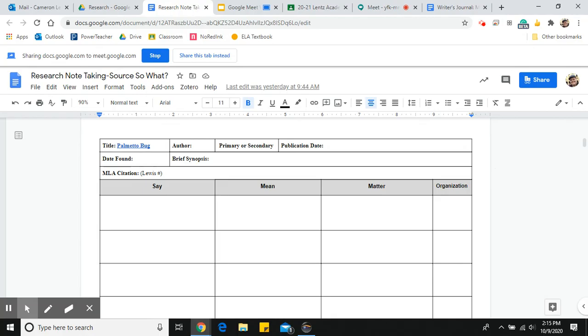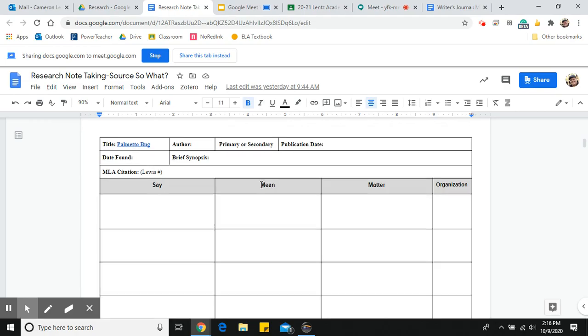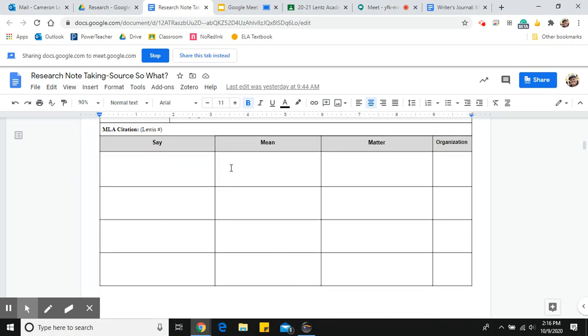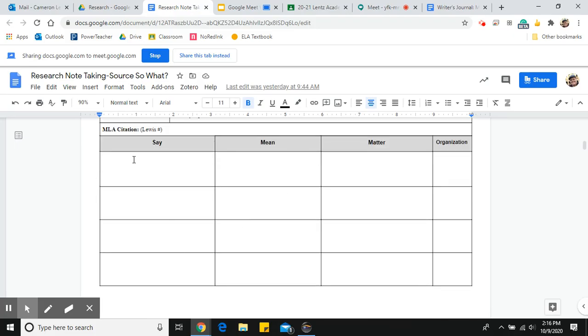Today I wanted to show you how to add and delete rows when you're working in a table in Google Docs. So I've got my research note-taking document open for NHD, and I've got a table here. And let's say I'm working with a source that has a lot of helpful information. So one of the things that I can do is, if these 4 rows that I've provided with you are